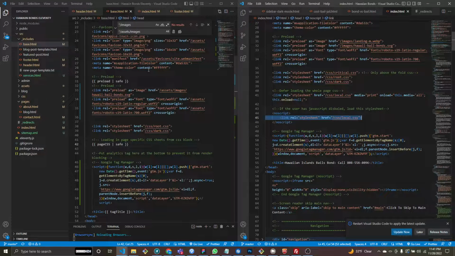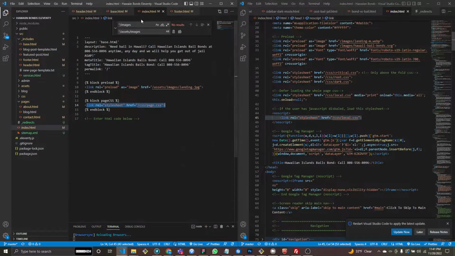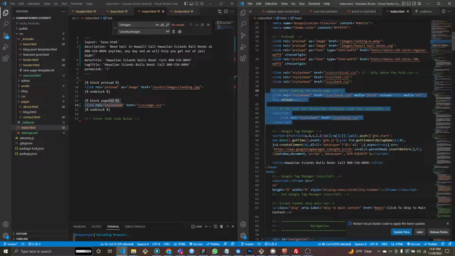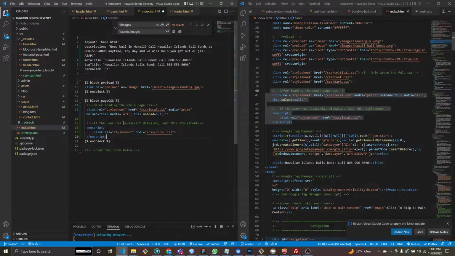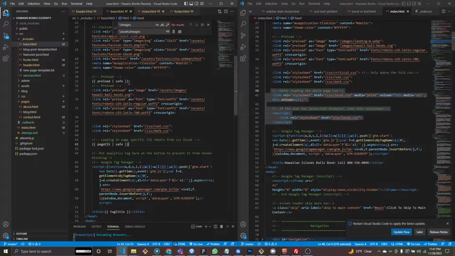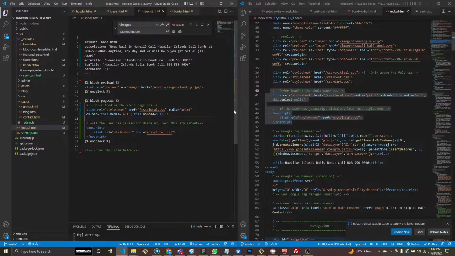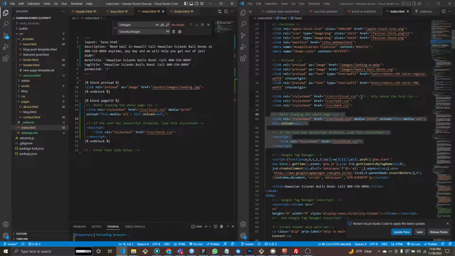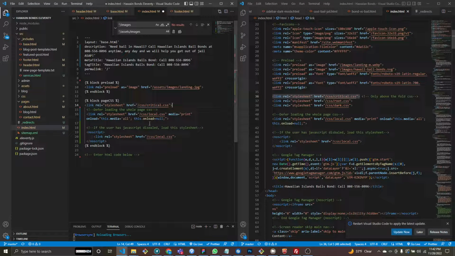So how do I put this on our base? Well, that's what we have our little Nunjucks blocks for. So I just literally copy and paste this. I put it in my page CSS block, and it will take this and insert it right here into the base. So that's nice and neat. And then I also have critical.css. So that's also going to load. So we're going to need this. Okay, and then we're also loading,